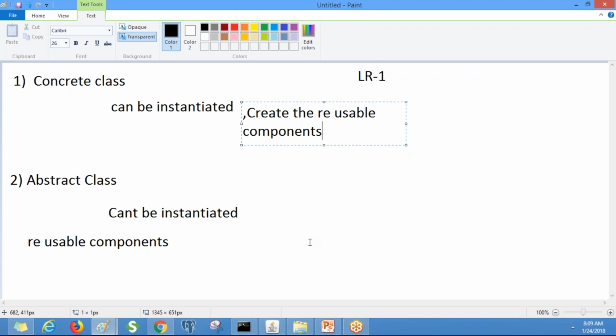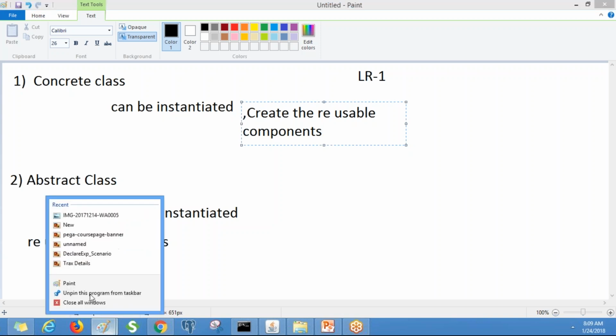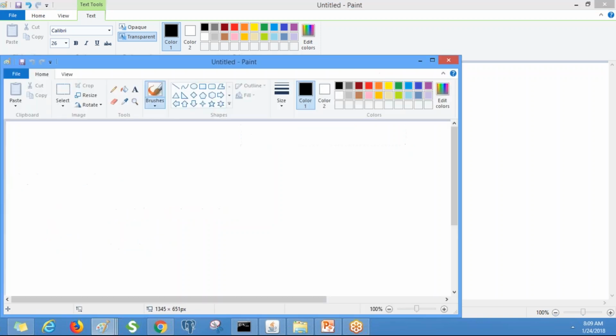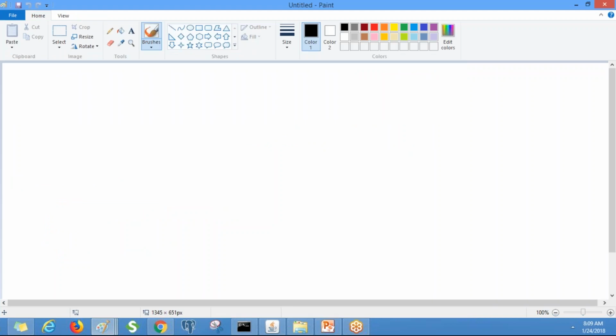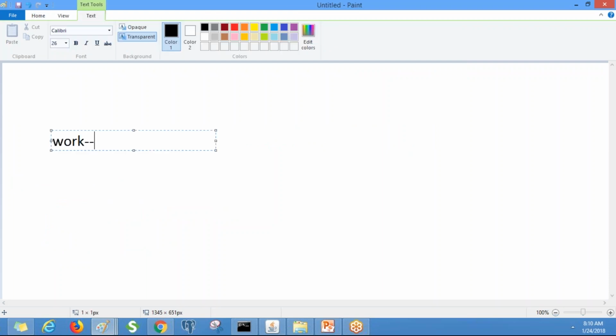Now, PRPC has provided different standard classes in the class hierarchy. We have Work-, Data-, Index-, Assign-, and so on.